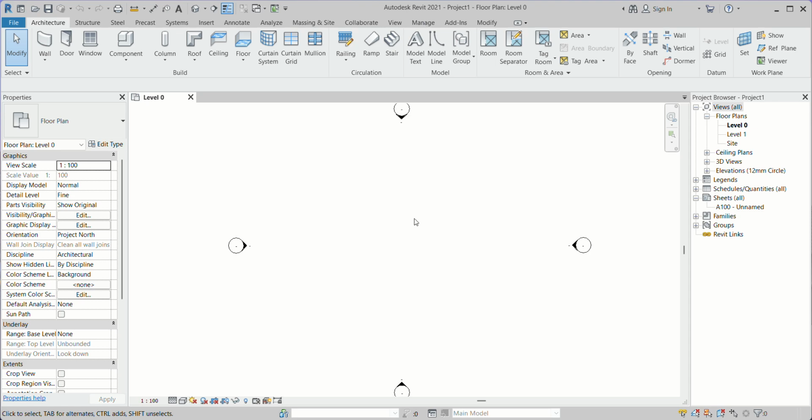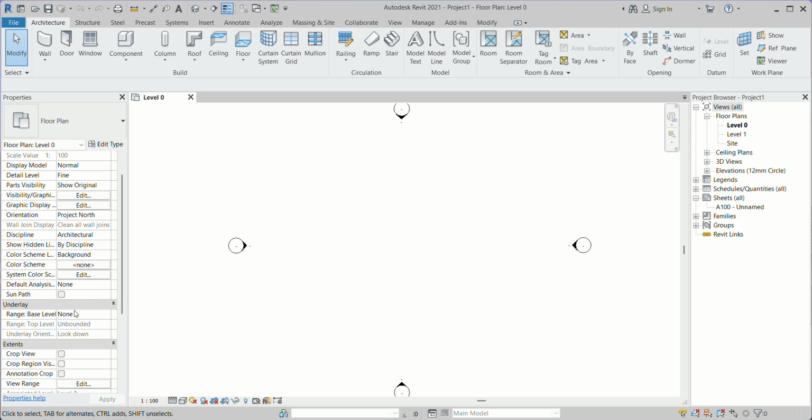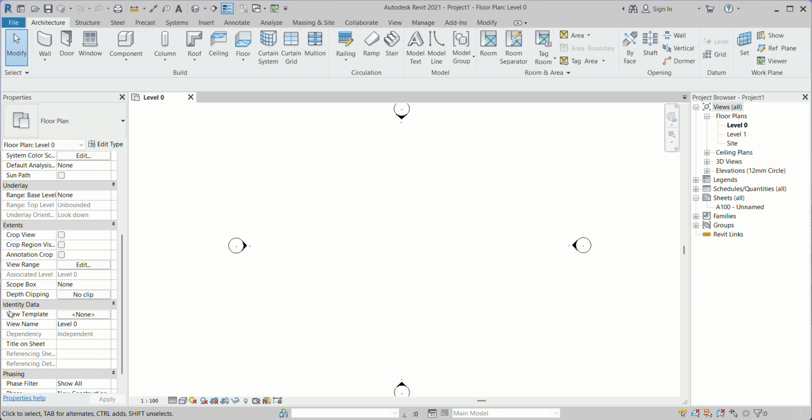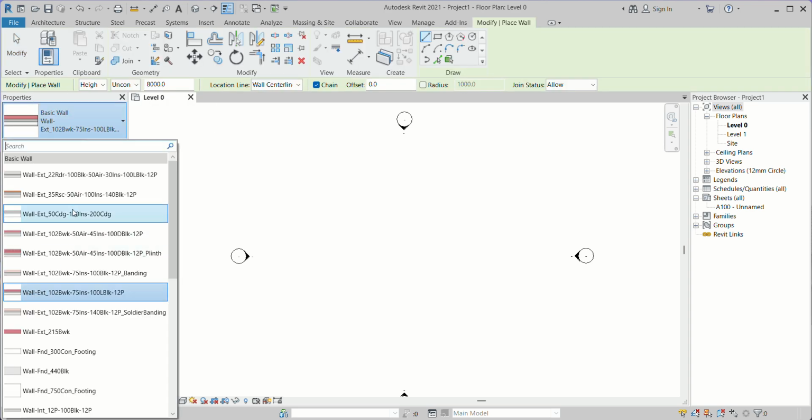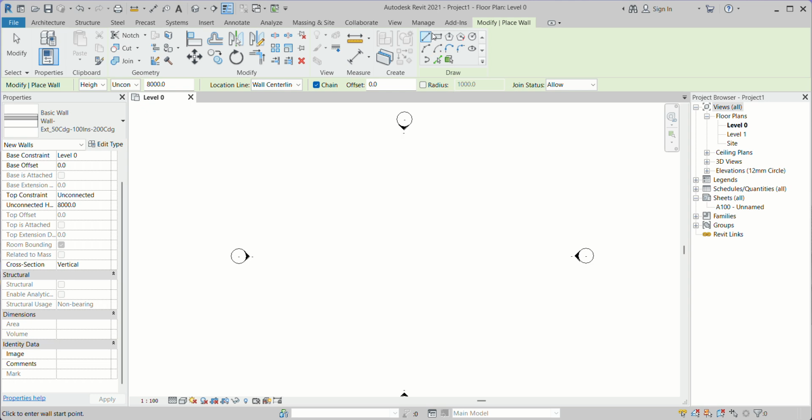Okay, today I will explain about this view template. You can find the view template here. First of all, I can choose Architectural and make one wall. Base constraint and top constraint should be easy to find out. And here I can draw one